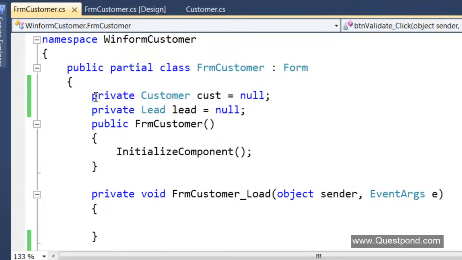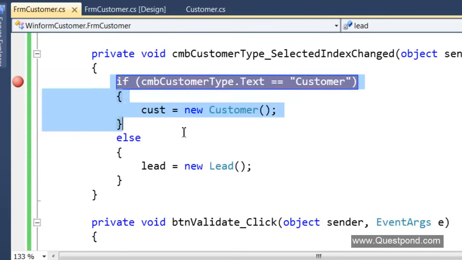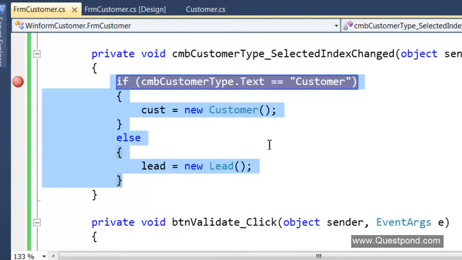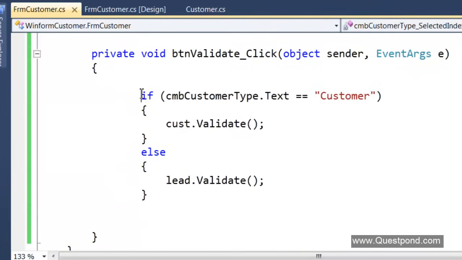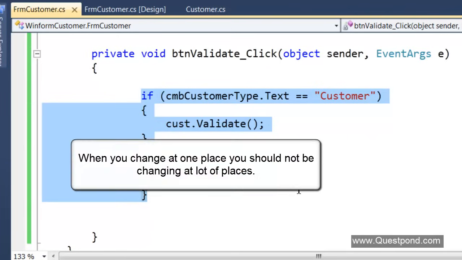First thing, change number 1, I have to add that new type here in the form. Second, in my combo selected event, I need to add one more if condition. Then in the validate event, I need to add one more if condition. So I have to make changes at 3 places. And please note, at this moment, this is a very, very simple form.